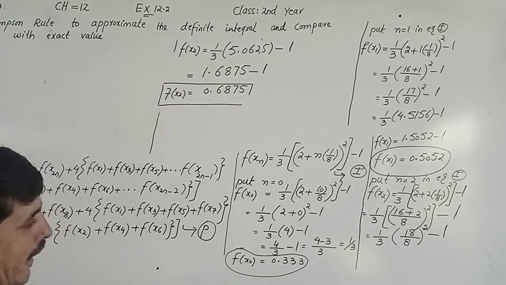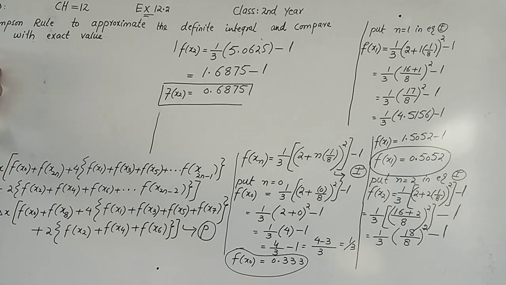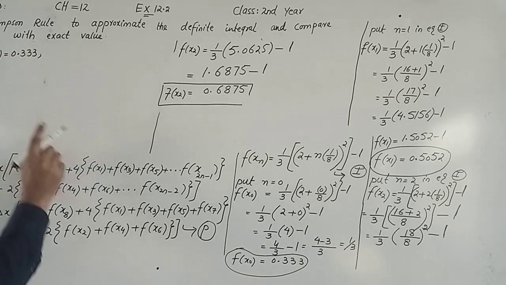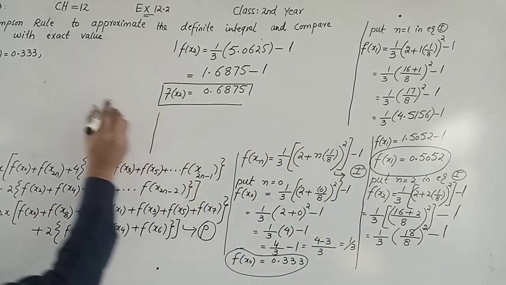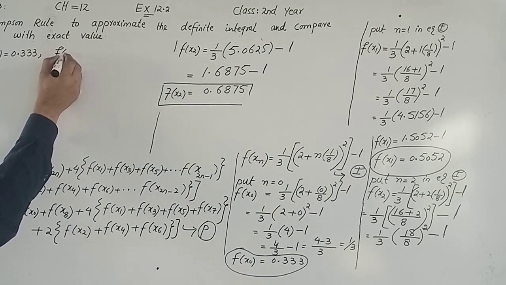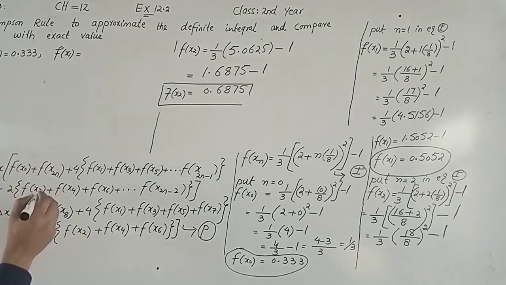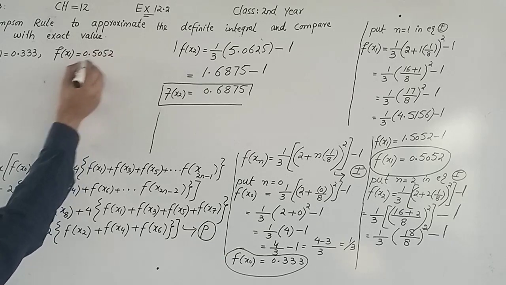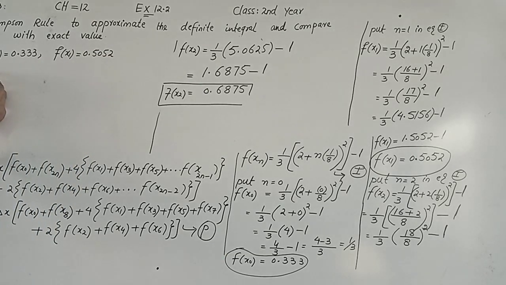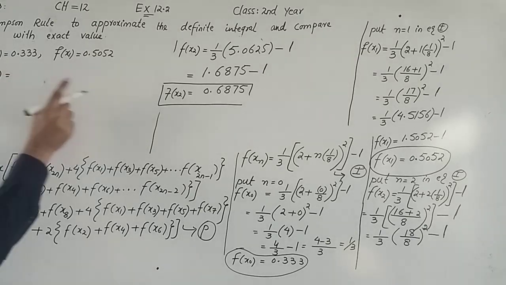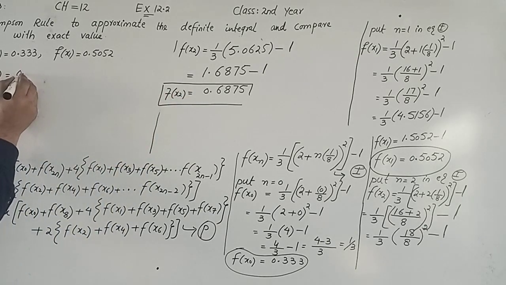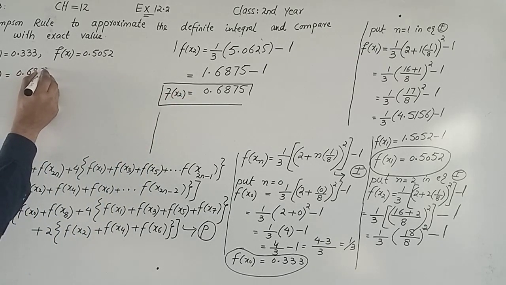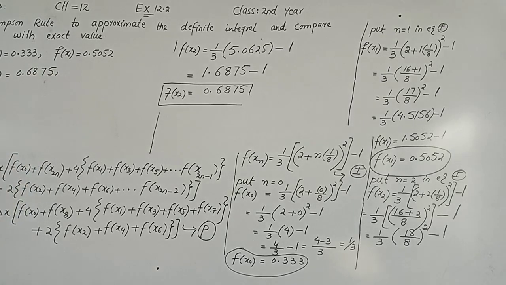देखिए हमने f of x0 की वैल्यू फाइंड किया जो कि हमारे पास है 0.333, जहाँ से मैं लिख देता हूँ f of x0 हमने फाइंड किया 0.333। फिर हमने f of x1 की वैल्यू फाइंड किया जो कि हमारे पास है 0.5052। फिर हमने f of x2 भी फाइंड किया जो कि इक्वल है 0.6875।